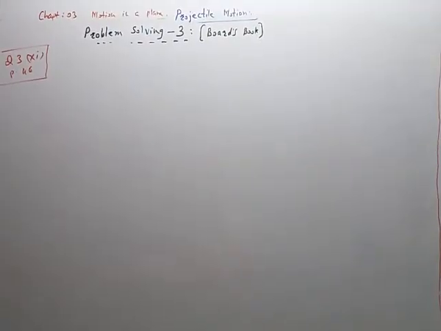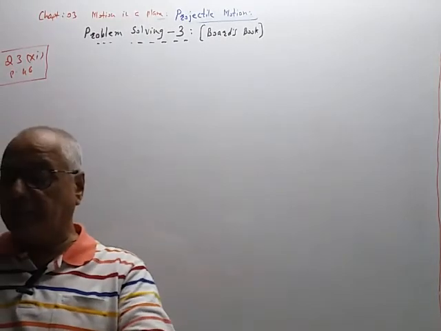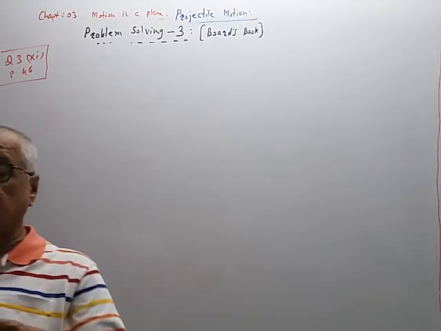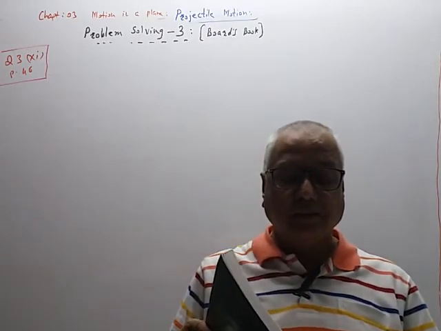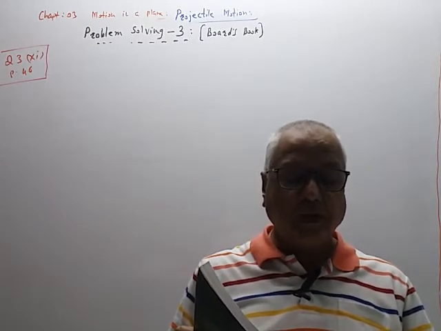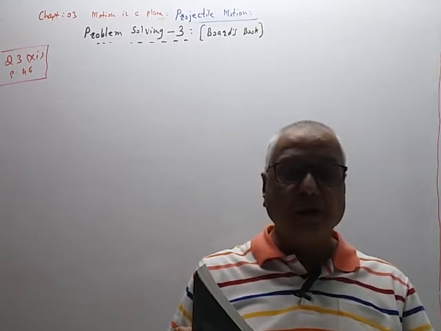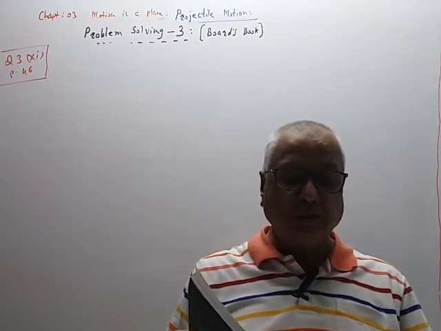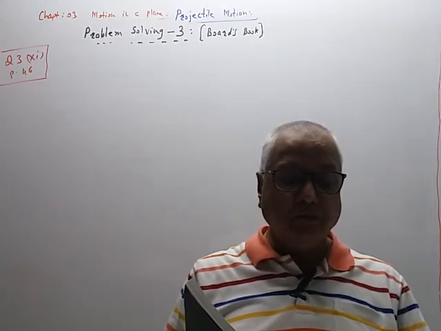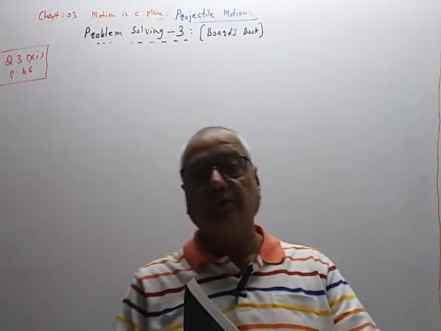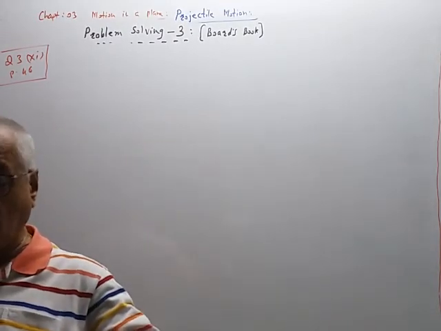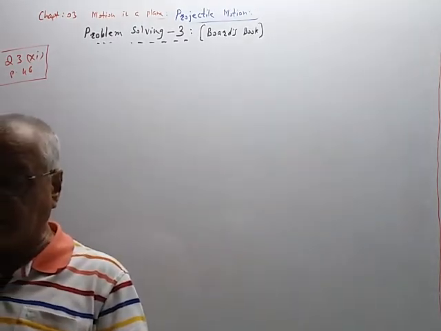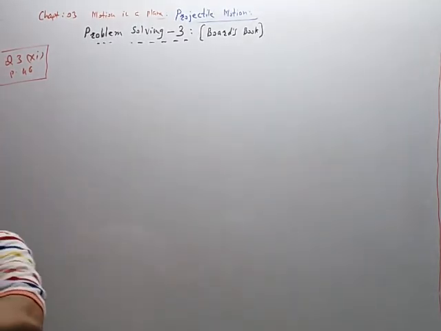So let us see the next question, question number 3, sub question 11. A projectile is thrown at an angle of 30 degree to the horizontal. What should be the range of the initial velocity u, so that its range will be between 30 meter to 40 meter? So we have to decide the range of u. So what is given? The angle of projection is given, theta is equal to 30 degree.